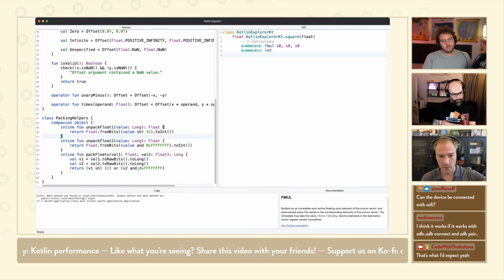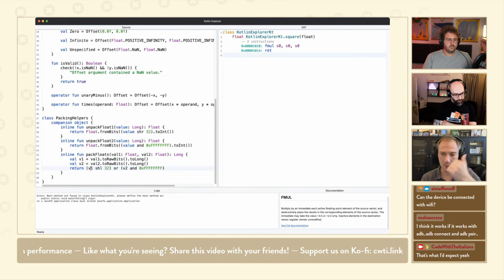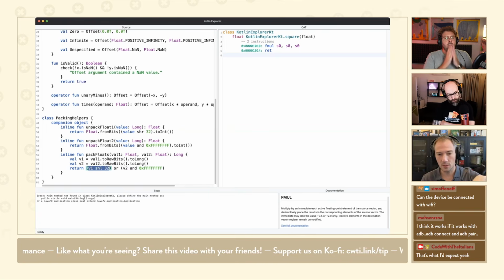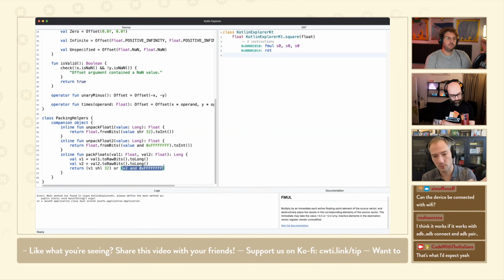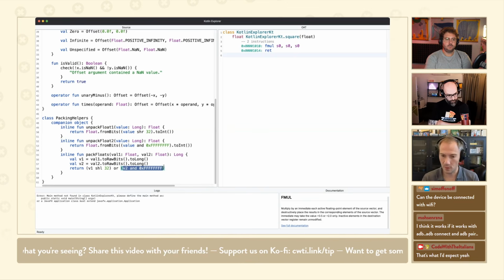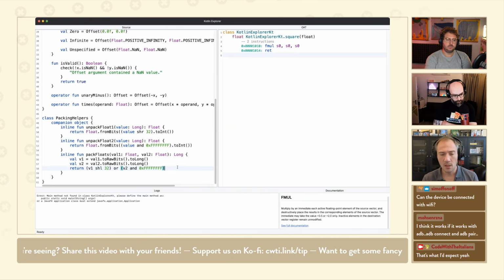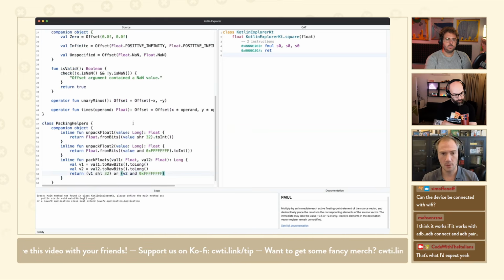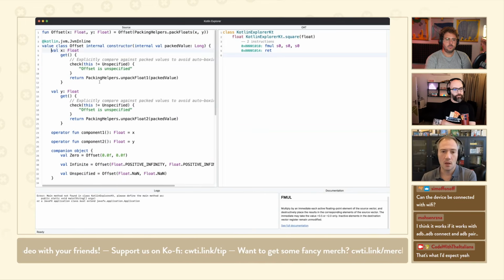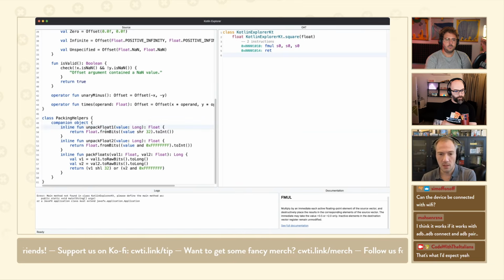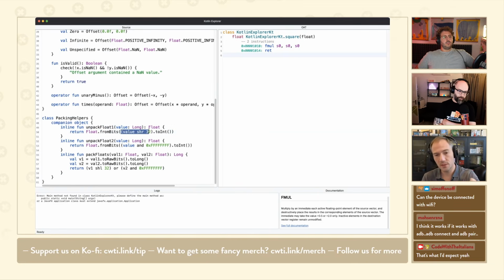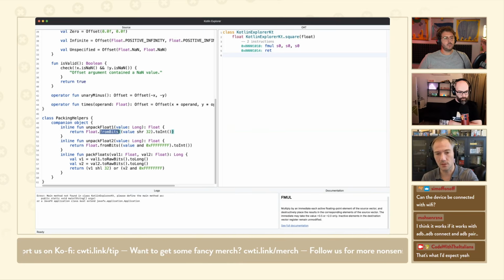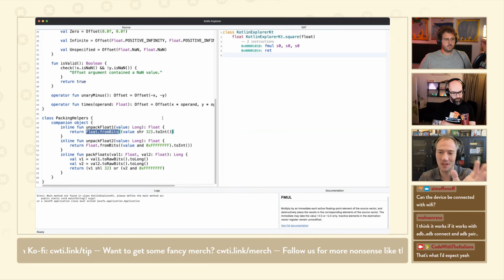We do that for the two parameters, and then we shift one of them by 32 bits to the left, and then we put the other one to the right. So it's a pretty simple encoding, even if you're not familiar with bitwise operations. And then when we want to unpack the values, like in the getters X and Y, we do the exact opposite. So if you look at unpack, we take the long, shift it to the right by 32 bits, and then we use this float-from-bits function that says, take this integer as a bit representation, and now give me the float from that memory.